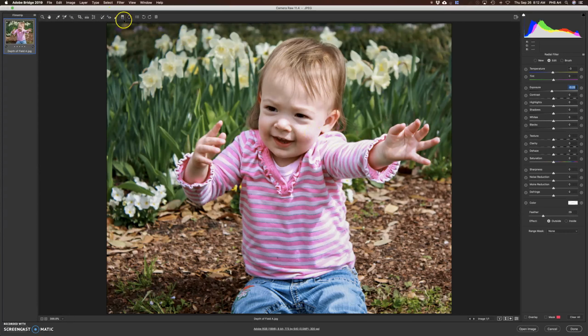After that, we're going to do what I call depth of field blur. So a lot of times when you take a portrait with a professional grade camera, you're going to get more of a blur in the background. If you do it on your cell phone or you do it on a smaller camera, you're not going to get as much of a blur. So to artificially put that blur in there, what you can do is go to the graduated filter, go over here and zero out all my sliders, and then I'm going to take the sharpness down,